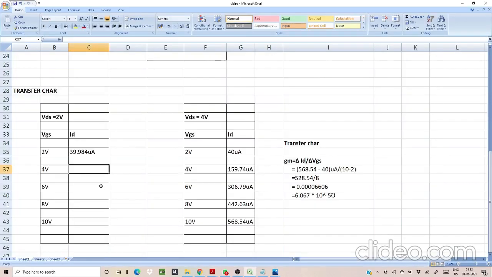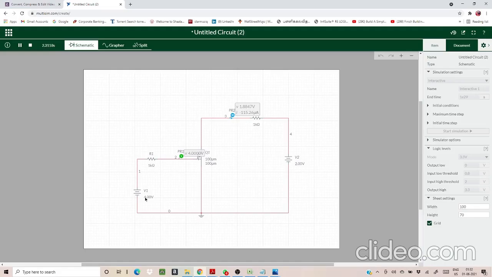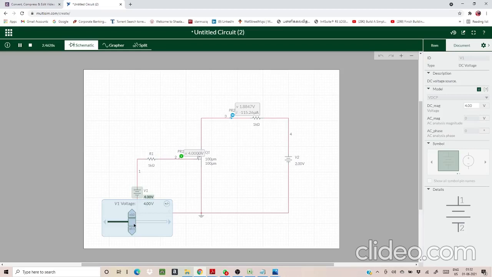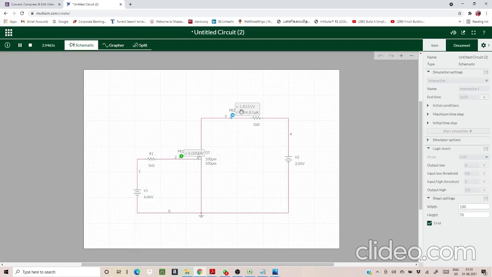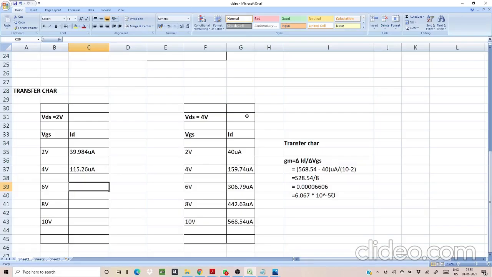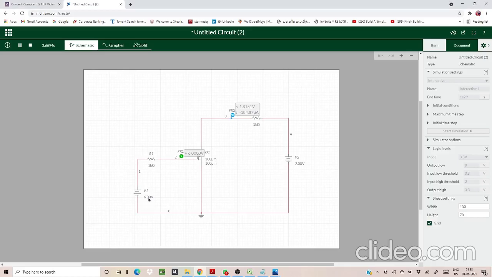Okay, just note down the value. Now let us increase this to 6 volt. Just click there and just drag it. So you must place it near 6 volt. As you can see, the value has changed to 184.87. So 184.87 microamp.